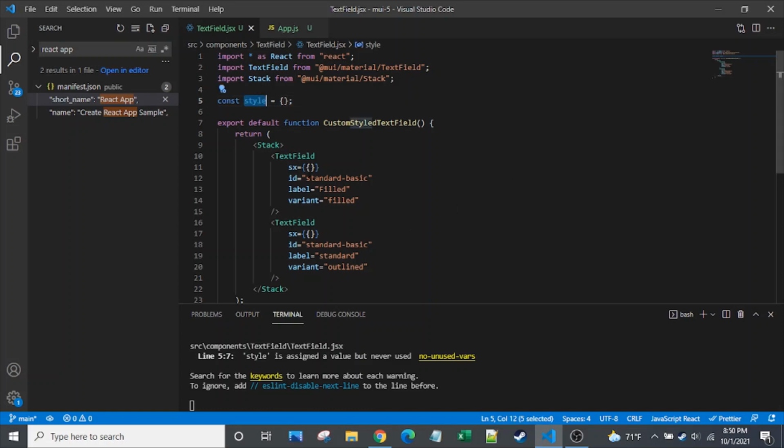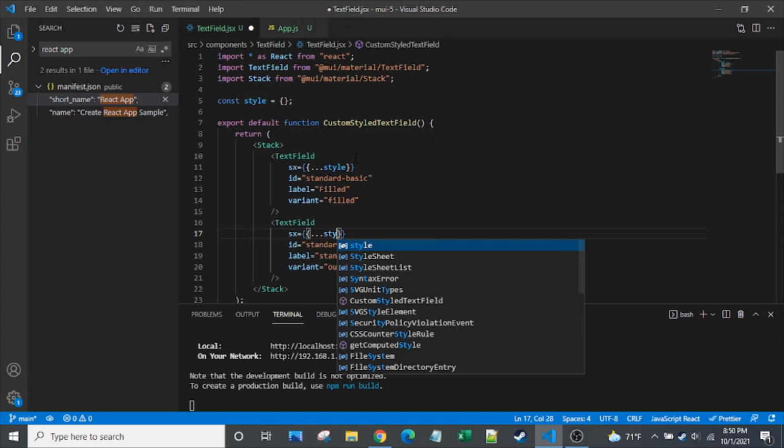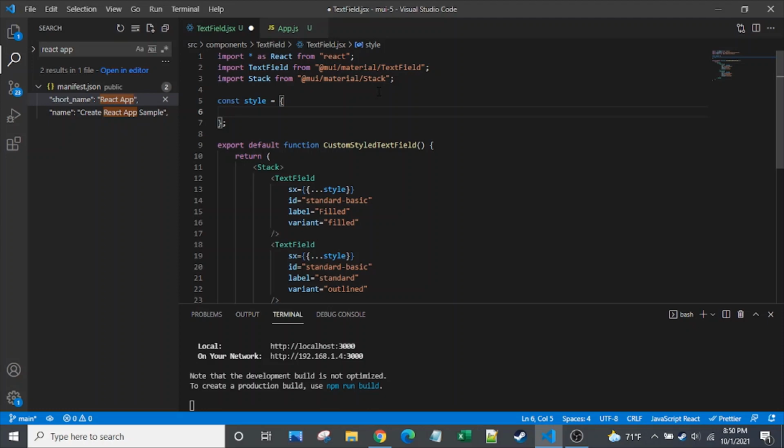Even before I do that, it's pretty simple to just get the object destructuring in here, so I'll start with that. Sometimes the syntax can be a little funny with these objects, and getting them to play nicely. We'll add additional individual style values into this SX prop for each of these so that you can see the syntax. But first, let's go up to the style const here, and I'll demonstrate pretty much every high-level idea or concept in the new